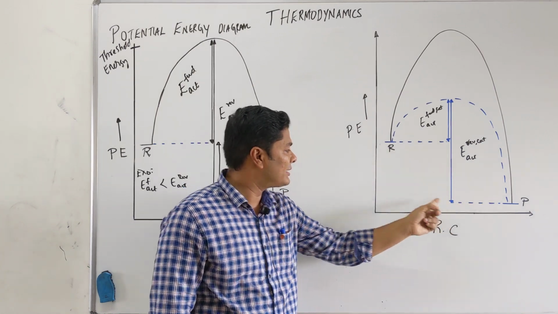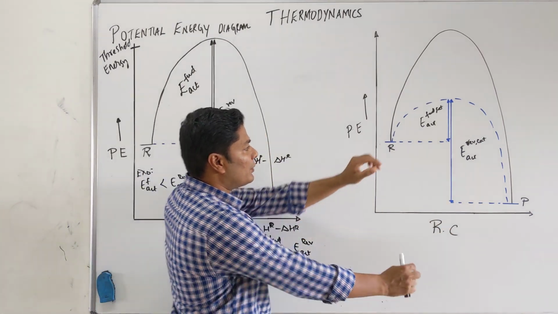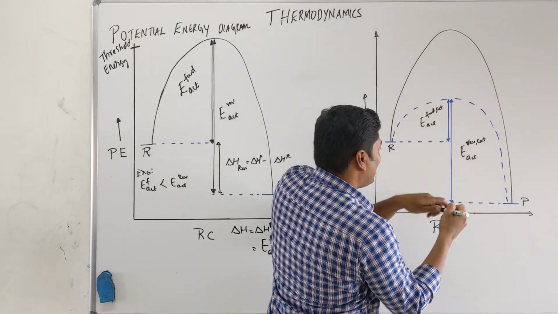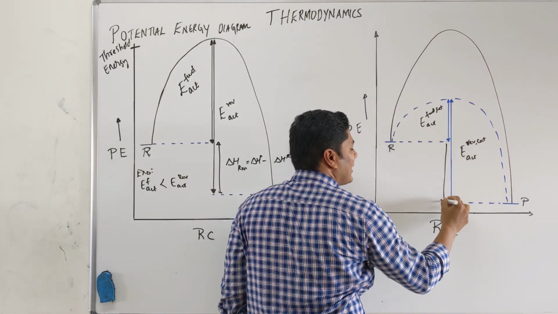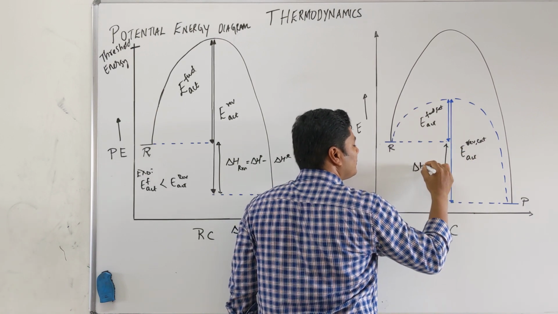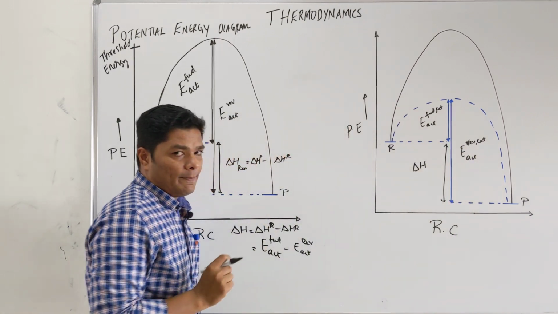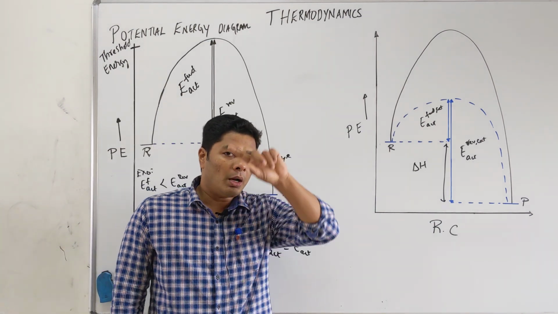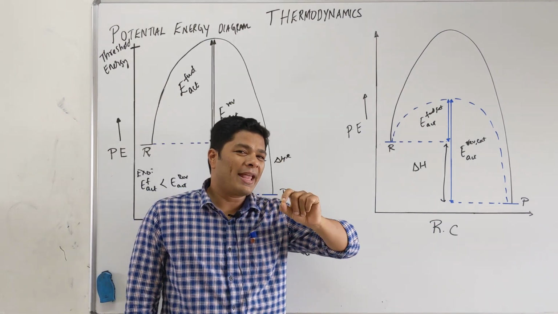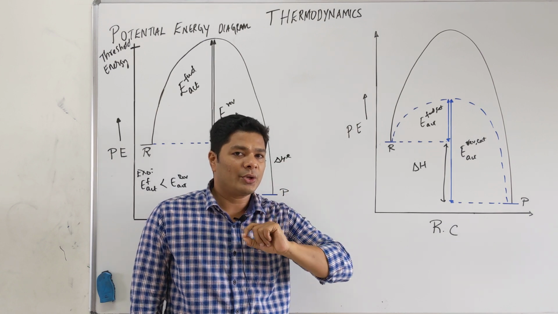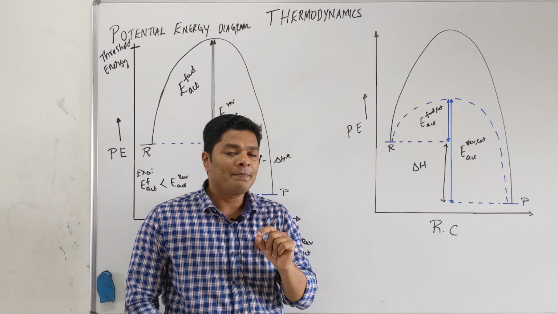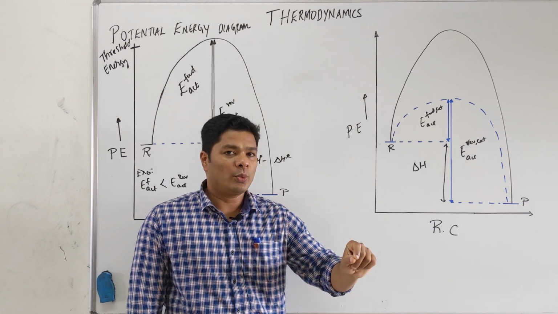So my delta H is the same in both cases. So this minus this is the same as this minus this. So my delta H does not change for a catalyzed or uncatalyzed reaction. Okay, but the right way of saying it: the top of the mountain has not changed. So the catalyst has not really decreased your activation energy. The right way of saying it is that what a catalyst does is it has found an alternate pathway with less